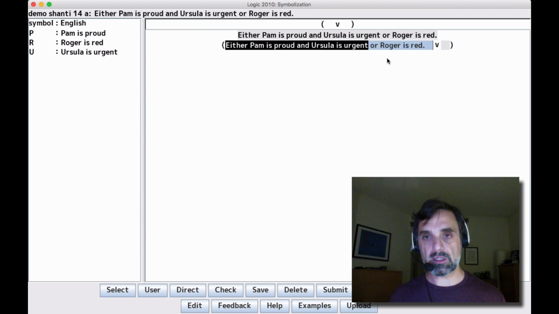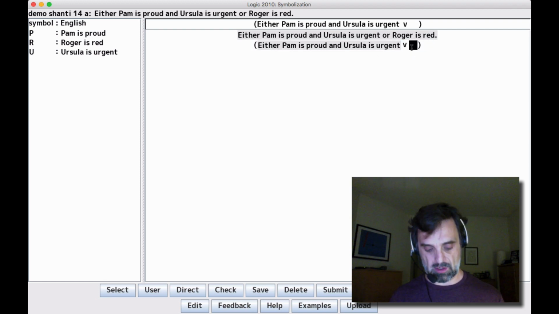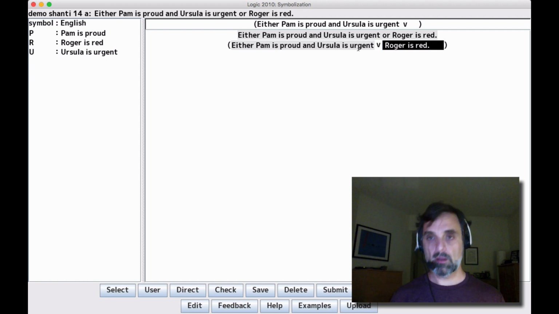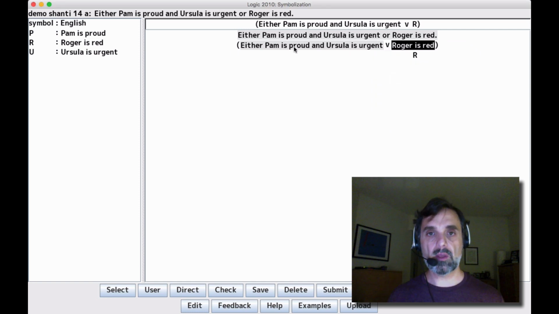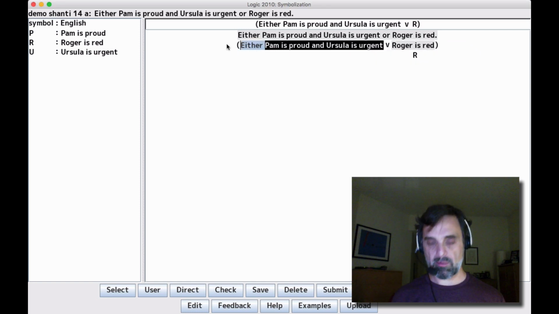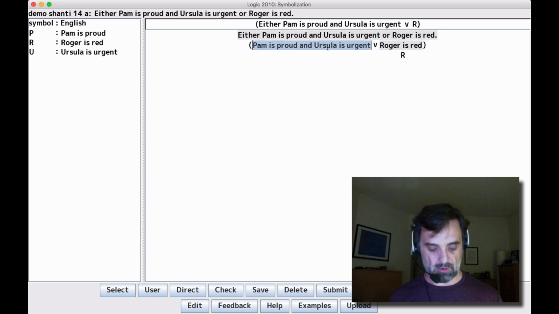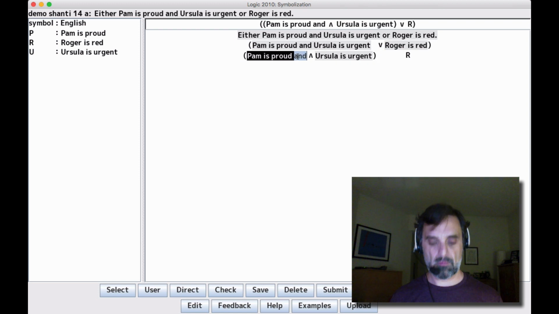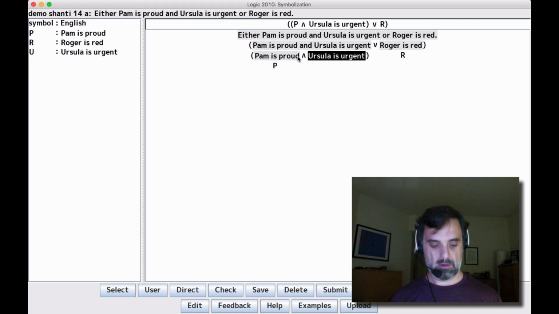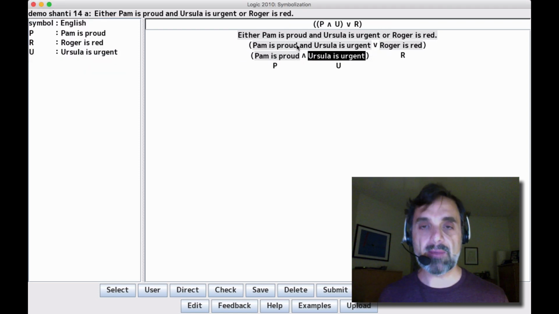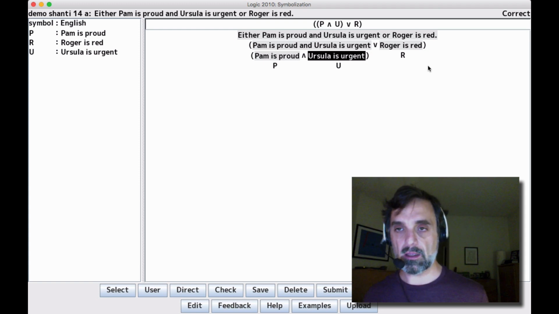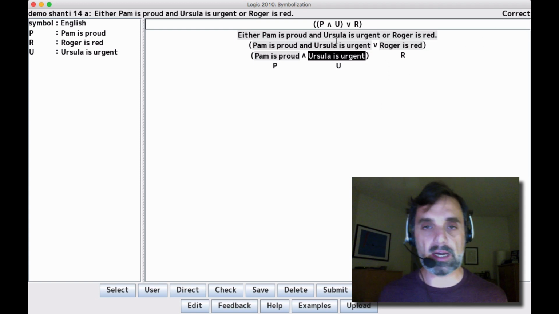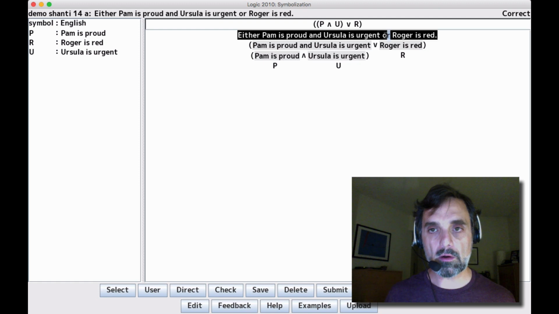And let's move this over here. So we have Roger is red, and that's atomic R. Here we have Pam is proud and Ursula is urgent. Well, that's a straightforward conjunction. So there we go. And the main thing to see here, we got it right, is that the or connects